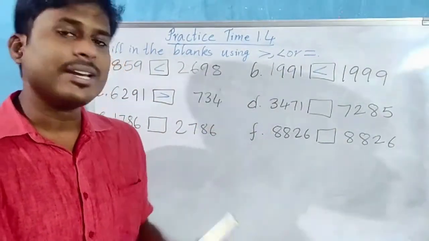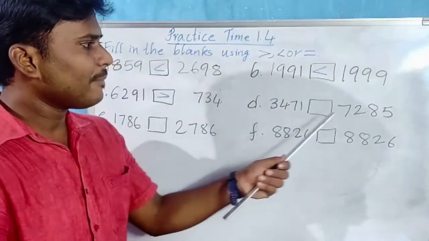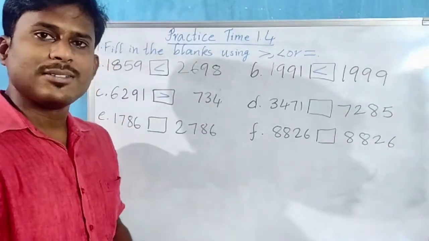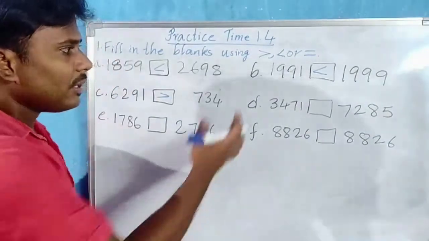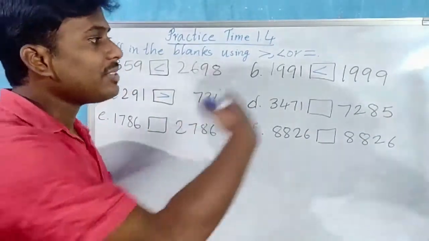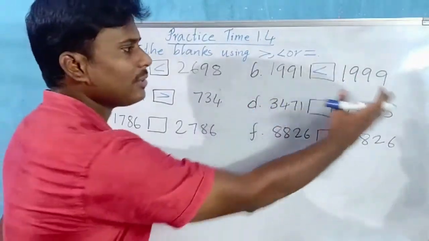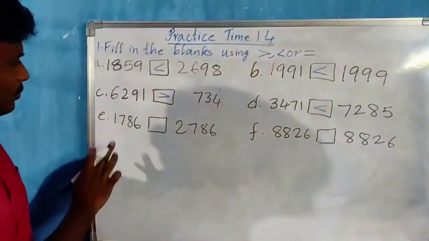3471 and on the right hand side 7285. See, thousands places we have 3 and we have 7. So which digit is greater? 7 is greater. 3 is less than 7. When the digit in the thousands place is less than the digit in the thousands place of this number, the total number is less than this number. So this number is less than this number. And see,